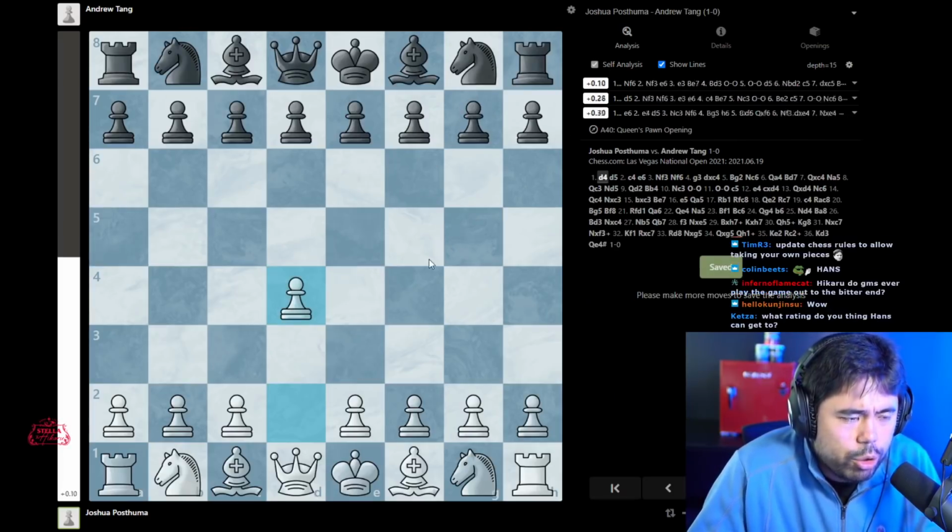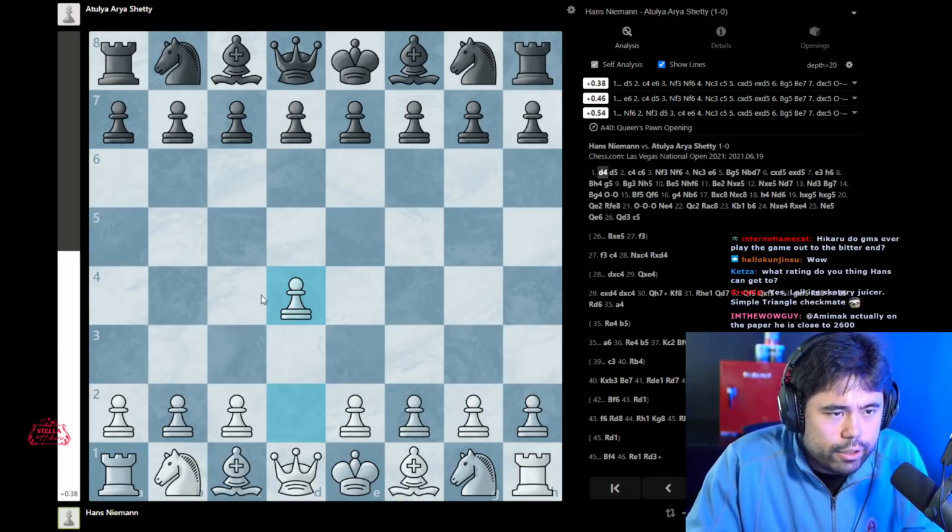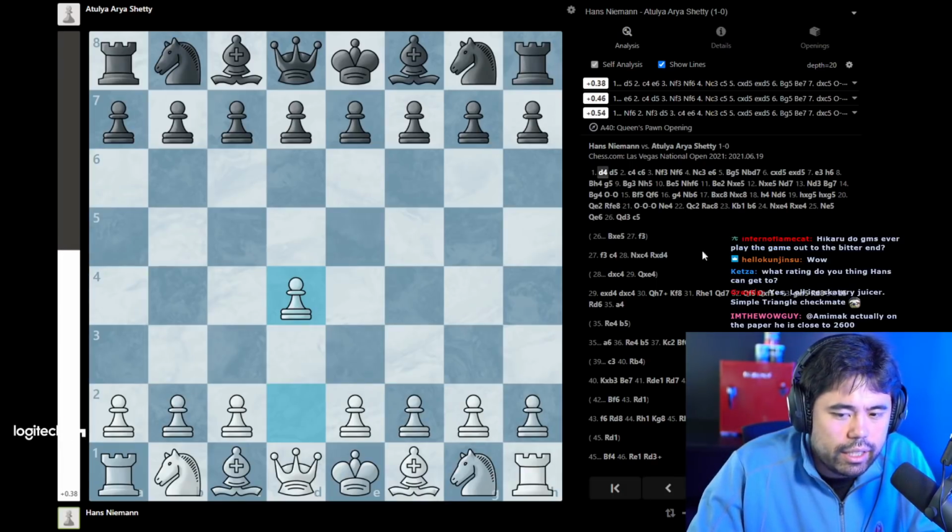Okay, so we have one more game to go over. This is a game between Josh Postuma and Atulio Shetty. This game is d4,